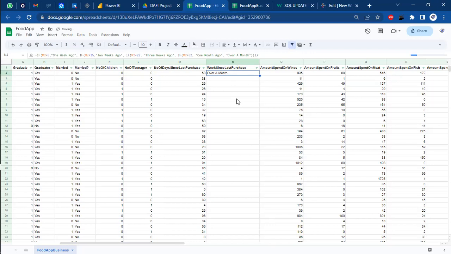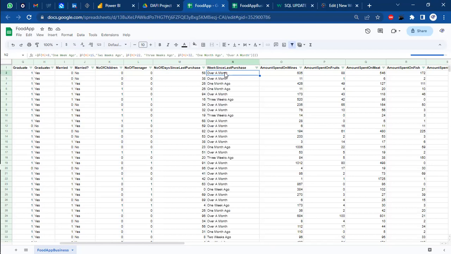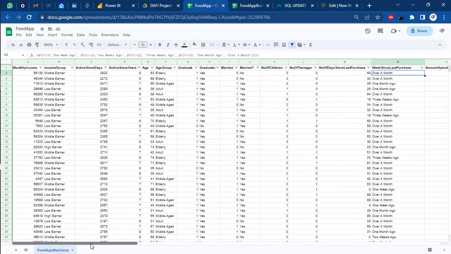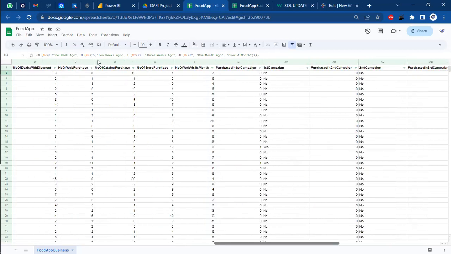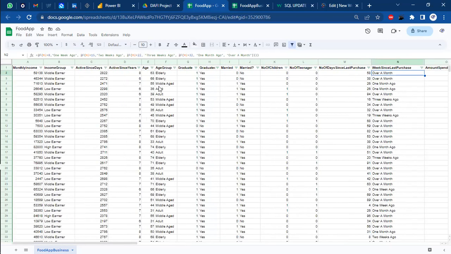So now we've changed the number of days since last purchase to weeks since last purchase, right? So now our data is ready for visualization. We can easily visualize our data using this cleaned data set. So for those of us that are comfortable using Google Sheets, right, you can just easily download this data or connect this particular data to Tableau or Power BI, and then go ahead with your visualization. Okay, but the next thing I also want to show you guys is